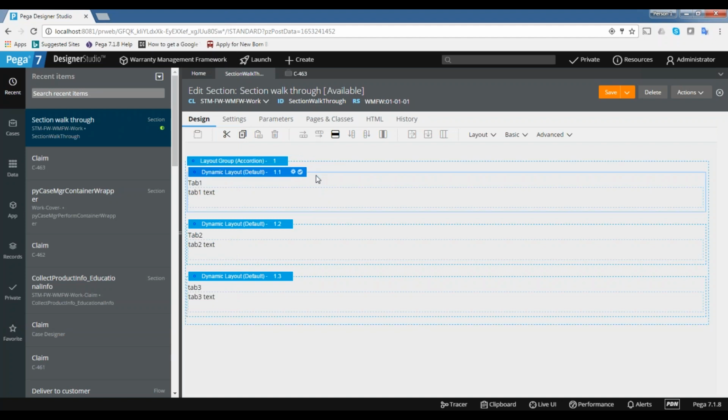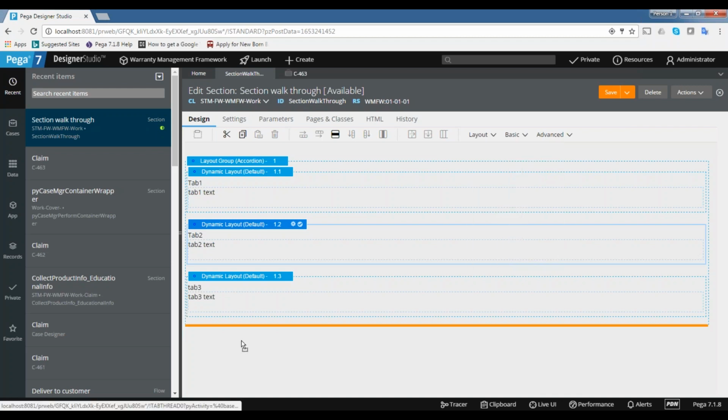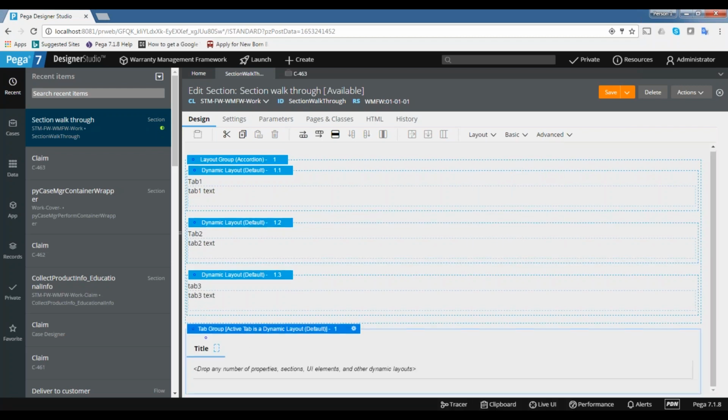In the design time, if you want a tab structure, here the design time is stack only, but at runtime the behavior changes. But if during design time you also want a tab structure, go for tab. This is also the same.